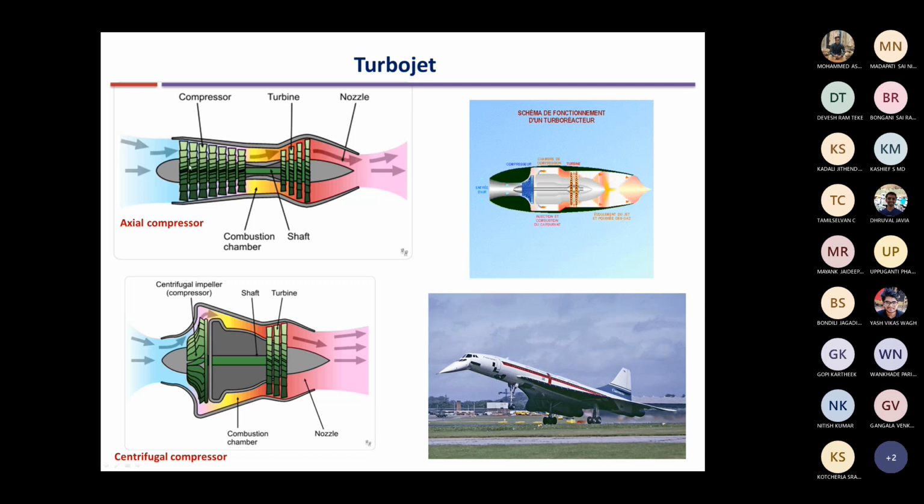The compressor is like your fan. So if you look at any fan, table fan or say exhaust fan or a ceiling fan, the air comes in perpendicular to the direction of rotation of the blades. Right, blades are rotating in a plane, and the air comes in perpendicular to that direction. So if you have an exhaust fan, you will see that the air comes in perpendicular to the direction of the blades. Then the rotation of the blades increases the velocity. Okay, the rotation of the blades increases the velocity of the air.